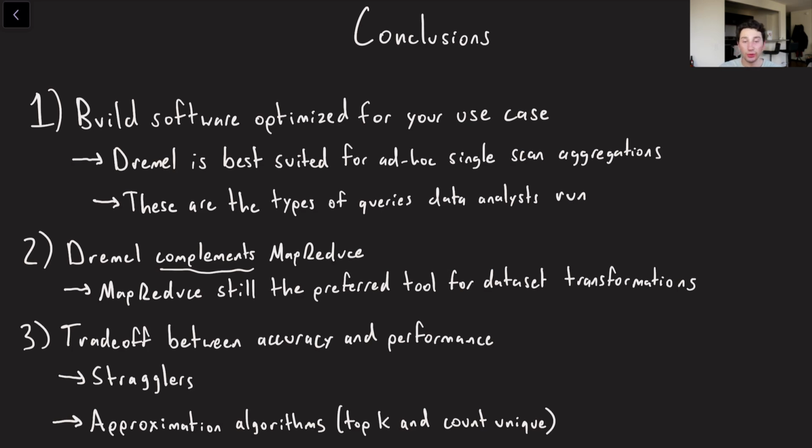And then finally, Dremel does actually implement a couple of approximation algorithms. So there are some problems that I've actually done systems design mock interviews for on my channel, like the top K problem and the count unique problem. So, count unique active users, count top K Spotify songs in the last month. Dremel does ultimately have the ability to do approximations for these because it's a lot easier to do than find the exact solution.